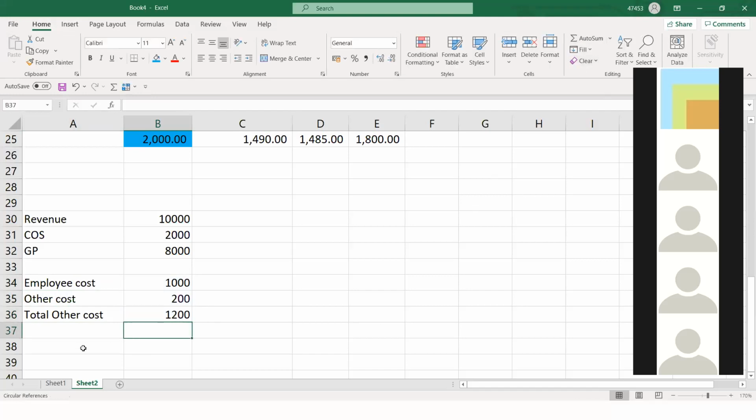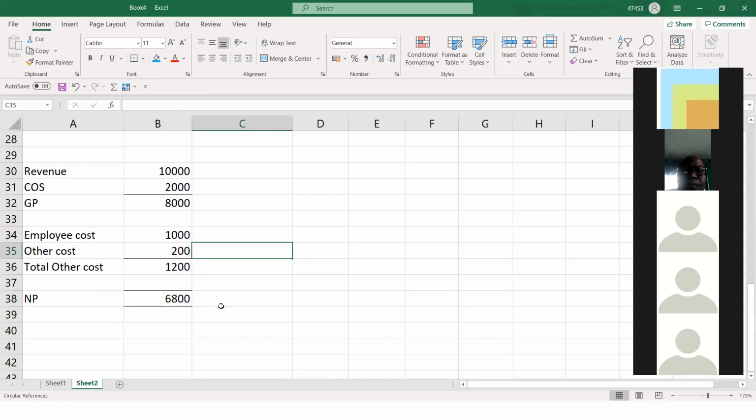And I now have net profit equal to gross profit minus total other costs, and I have this as the net profit. Now, management has come forward and said, in our company, we actually want to